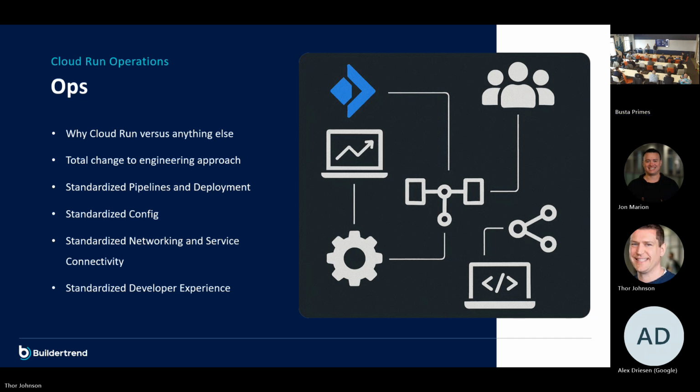So for those not familiar with GCP as much, is there an analogous AWS service to Cloud Run? So I can't speak. I know AWS does have a container service. I can't remember what it's called. Yes. Yeah, because then Azure also has their container service that they can run. And then they also have hosted Kubernetes where you can spin up Kubernetes clusters. The nice thing about Cloud Run is you don't even know what it's running in. I mean, it's just there. And when you look at it, it's nice and simple. Yeah.